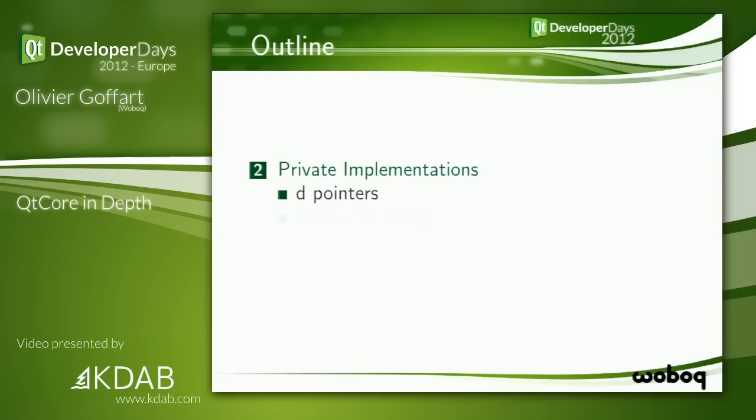and the size of QString is maybe 8 bytes, then when you instantiate the QString, the compiler will know I need to allocate 8 bytes there before calling the QString constructor. Then if the size of QString has changed in Qt 5.1, and you run the same application against Qt 5.1, then we will still allocate 8 bytes. The application doesn't know it has changed, and calls the QString constructor, which expects a different size, and then most likely you get a crash or some other weird bug that you don't even know why it crashes,